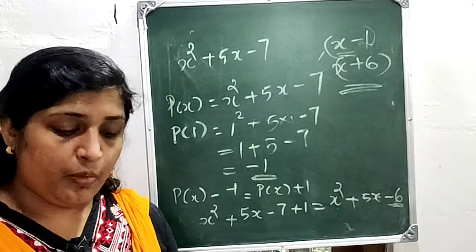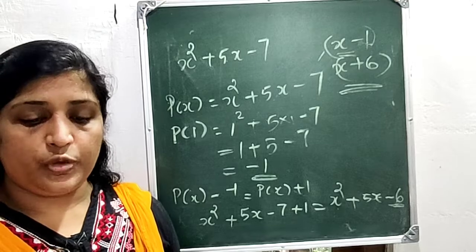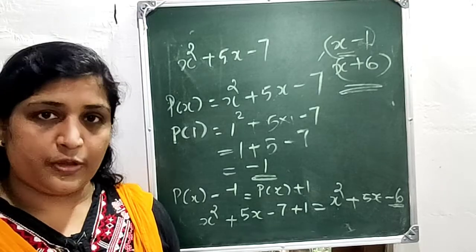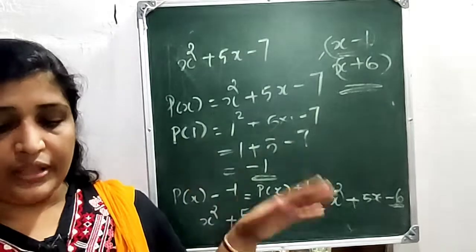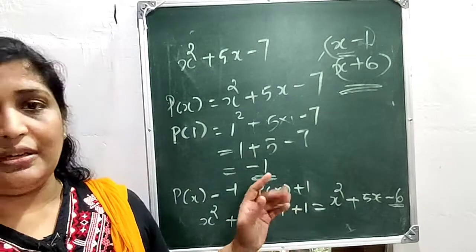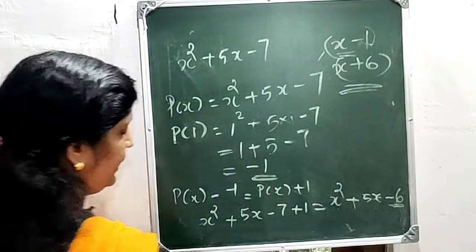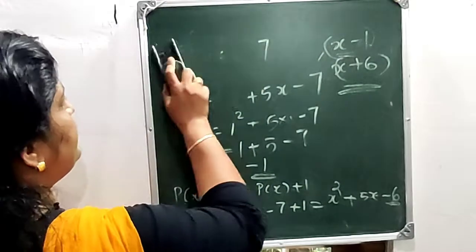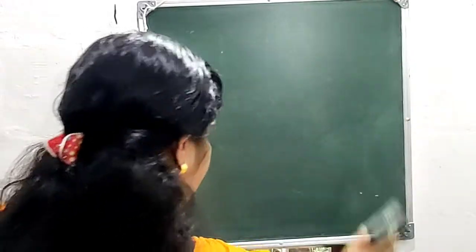And here we have one more sub question in the first question, that is x square minus 4x minus 3 and x minus 1. Okay, do the similar steps in that problem also and do that as homework. Now we are going to do the second problem in that exercise.